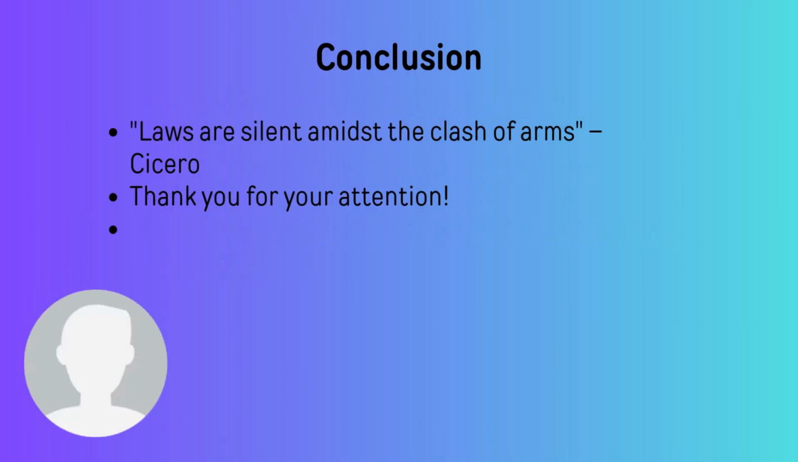The quote from Cicero, "Laws are silent amidst the clash of arms," reminds us that laws are very important for maintaining order even in difficult times. Justinian's efforts to codify Roman law show how important it is to have a clear